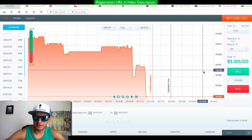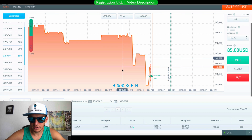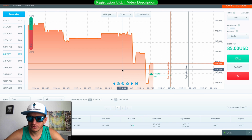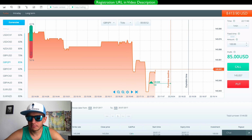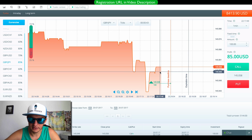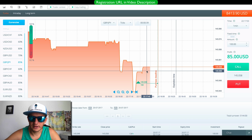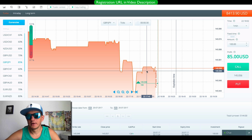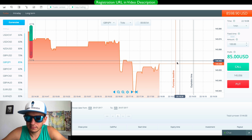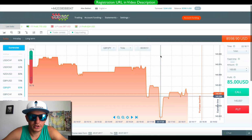Let me make this trade first. Even without the indicators, I do see that this is a nice setup for the reversal trade. So our starting balance is 8400 plus the 100 that I just invested in this trade. 1 minute expiry, and let's see how it ends. Once I get the results of this trade, I'm gonna go ahead and set up the indicators and do some more in-depth analysis. Okay, perfect. $185 return. It was right in time, just when we entered